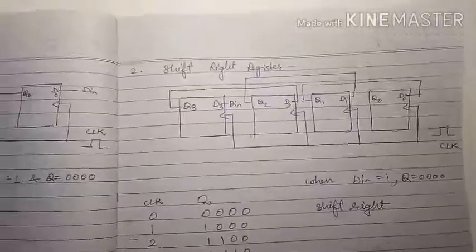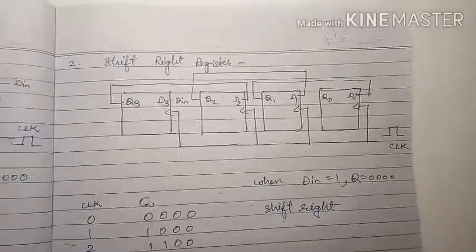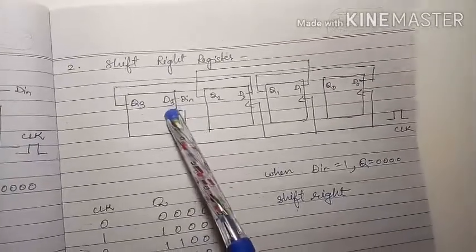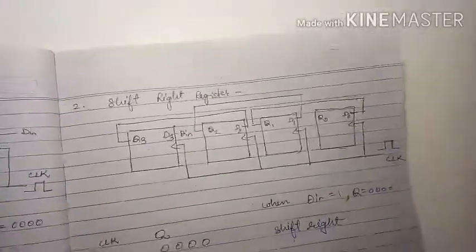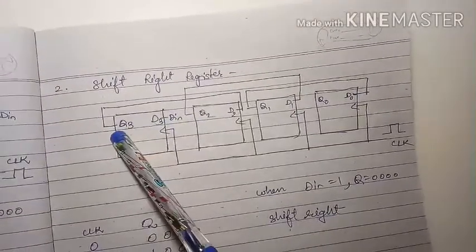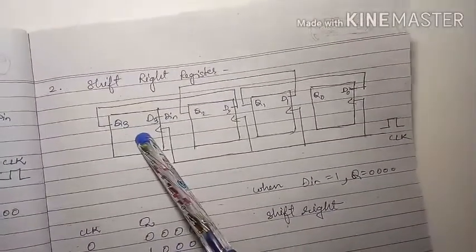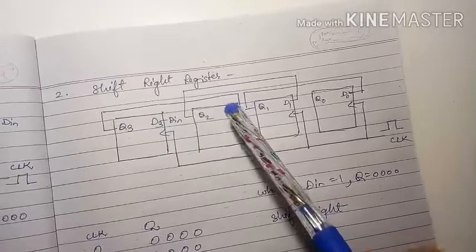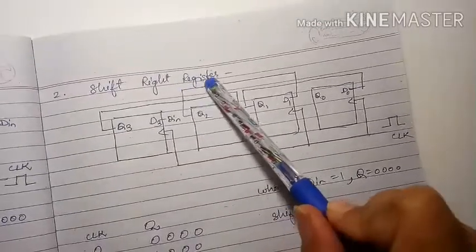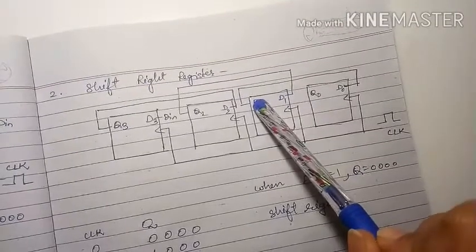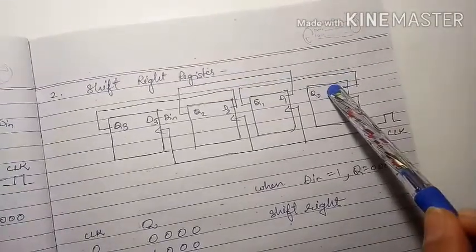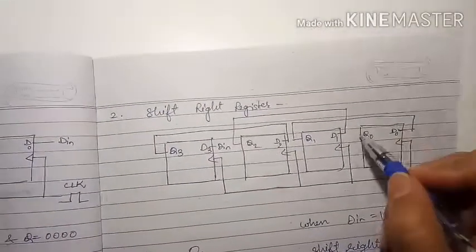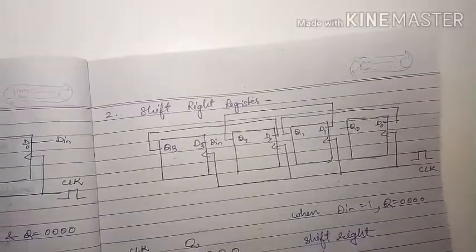Now the shift right register, this is the circuit diagram of the shift right register. This is somewhat different. Now see, the input is D3. The output of this first flip-flop, the input flip-flop, goes to D2, the output of the second flip-flop goes to D1, and its output is here. So in this way you will be getting the output. Q0 is giving you the output.